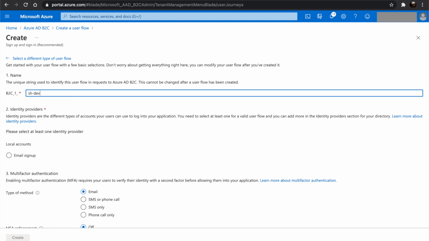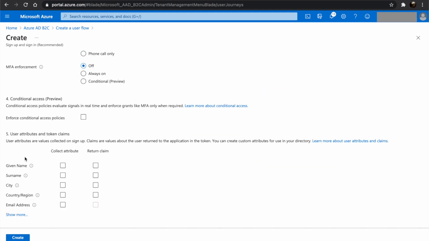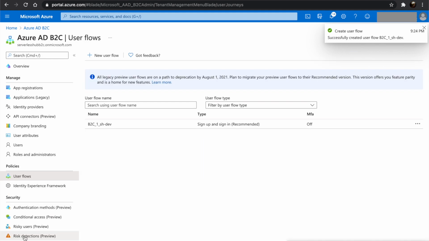Azure B2C tenants support multiple identity providers such as Google, Facebook and Twitter. Since we haven't set up any of these, let's go with local accounts. Select email sign up. Let's use the user attributes that we need to include in the tokens. We will select given name, surname and the email address. Click create. We can see our user flow listed. Let's open it.